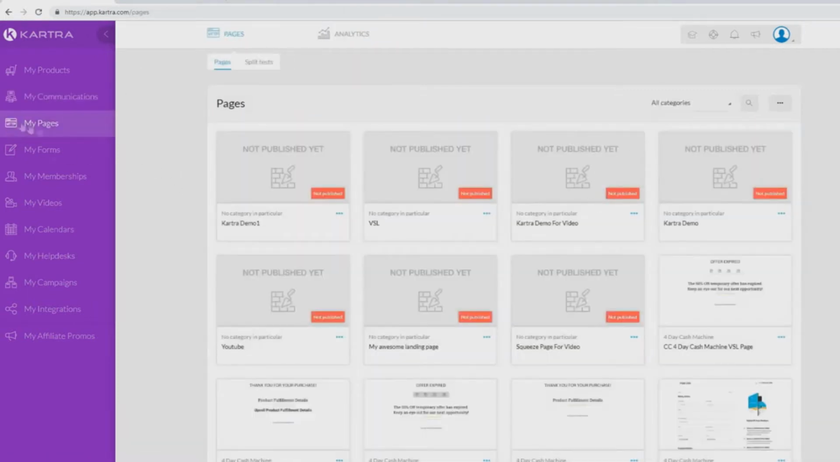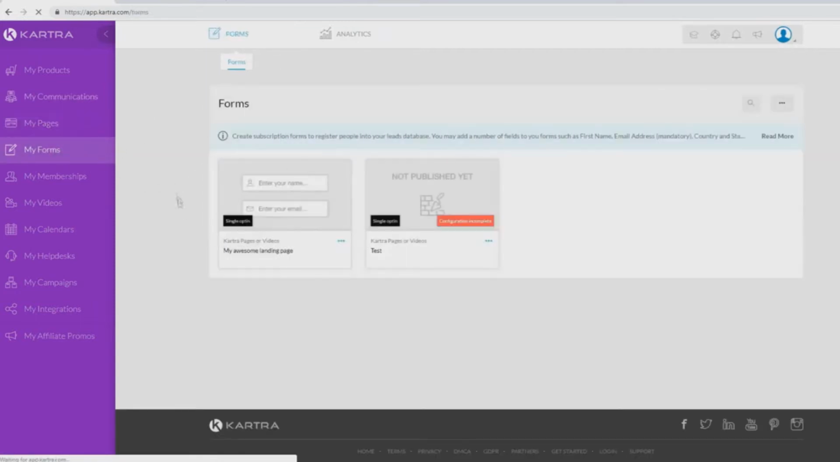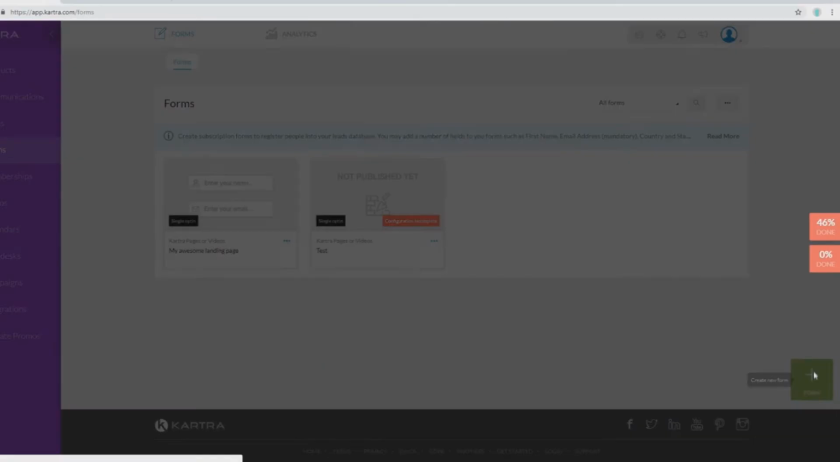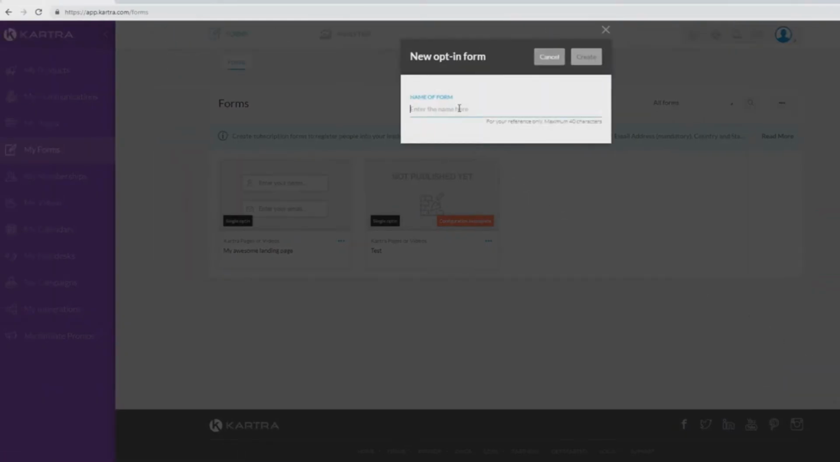And so what we're going to do now is go over to my forms, and we're going to be creating an opt-in form that we can integrate within our pages, and I'll show you what I mean in a second. So let's go ahead and click on my form. Let's put in the name. So let's put in Kartra